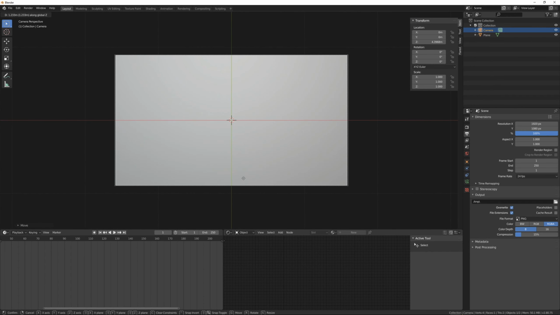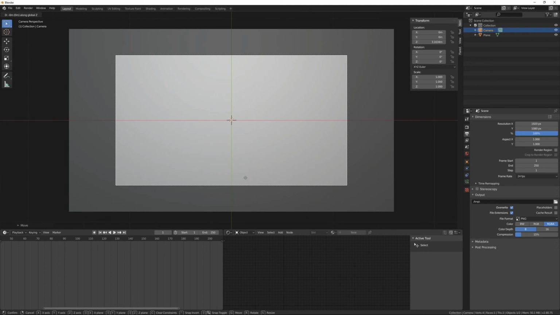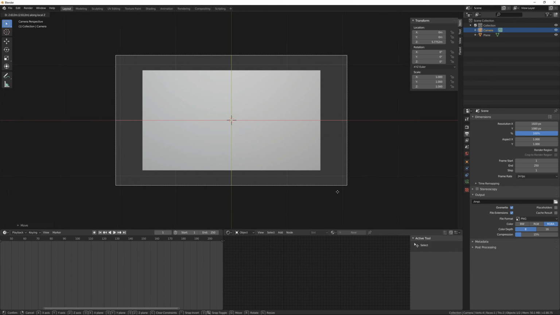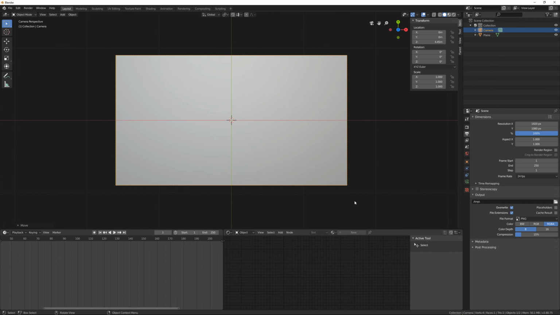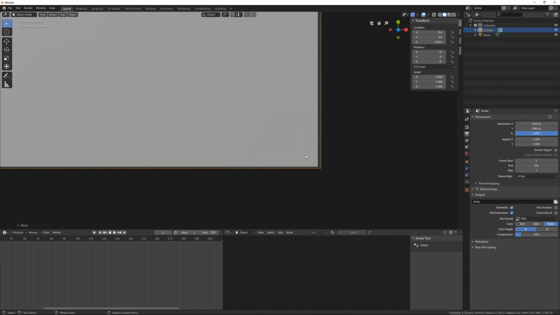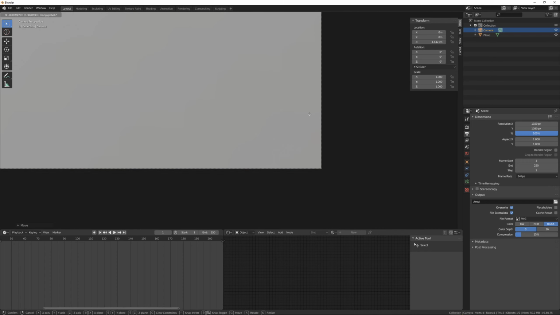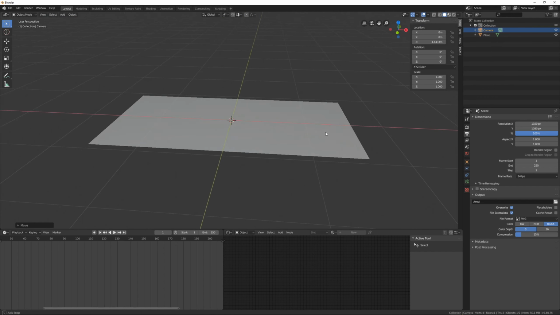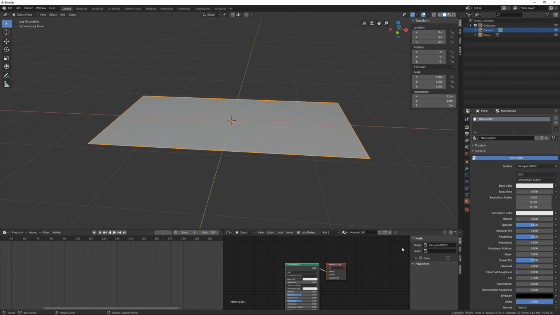I don't know, maybe there's a better way to do this. This is the way I used to do it. I'm talking about a better way because you'll have to keep away from these errors. And moving it in the space, I'm matching. Okay, this is good. Then I have to select the plane, go to the material tab, add a new material